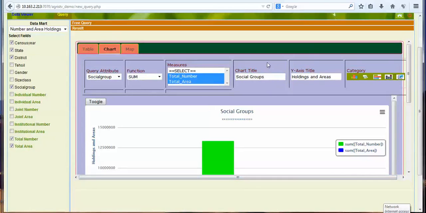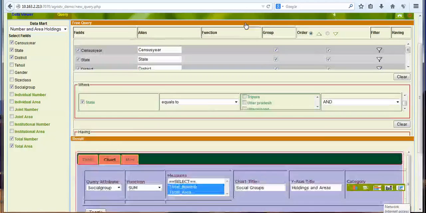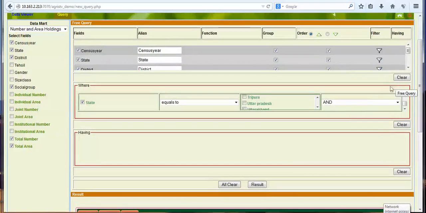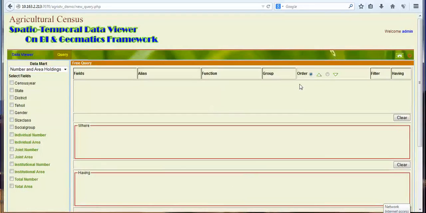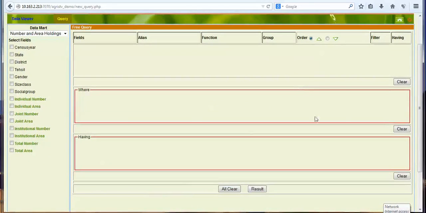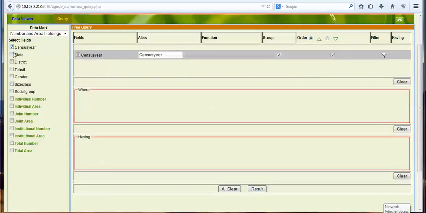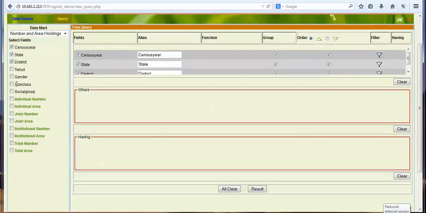For displaying it on the map, we shall go for another query. Now see, for example, the query will be: list all the districts where SC holdings are more than 50,000. So this is our query, and for this query we now have to select the fields which are required. Again, this query is also for Tamil Nadu for the year 2005-6, and now we have to choose the fields as census year, state, then districts, then